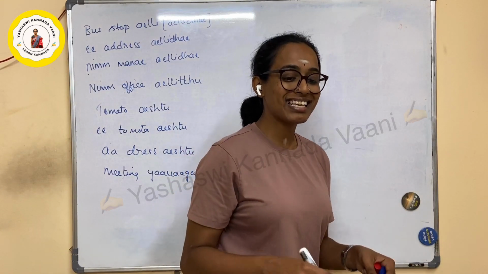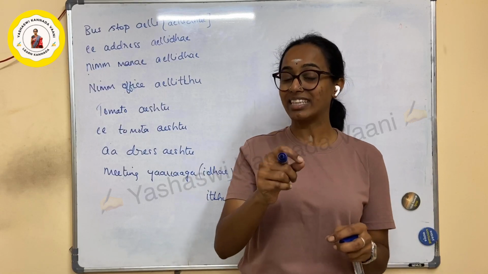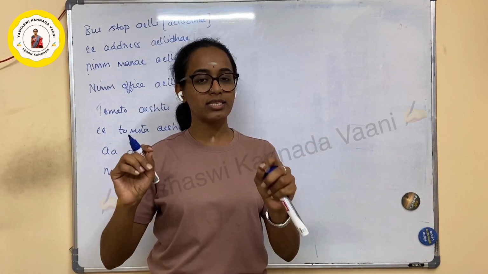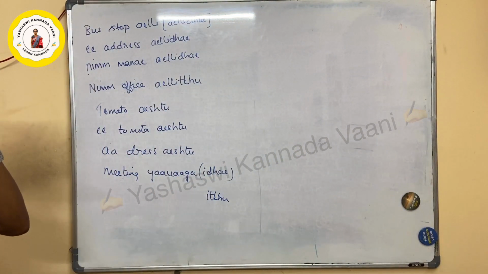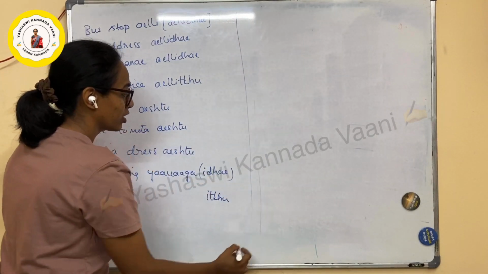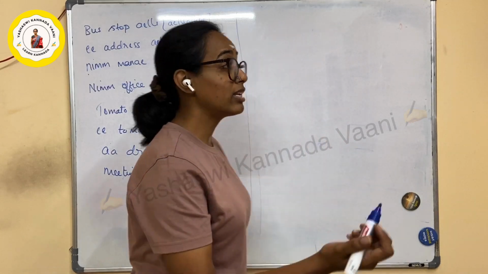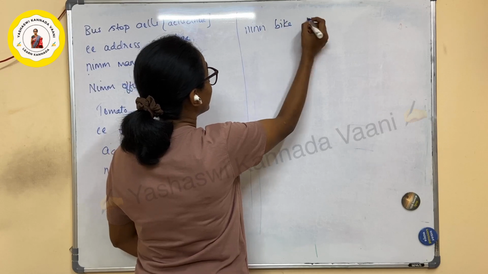So the present always ends with ide. The past always goes with ittu. Remember, this is very simple but you have to use ide and ittu very carefully. Then you want to ask, which is your bike? You are borrowing a bike from your friend, then you would ask, which is your bike? So then you will say, nin bike yaudu? Nin bike yaudu?